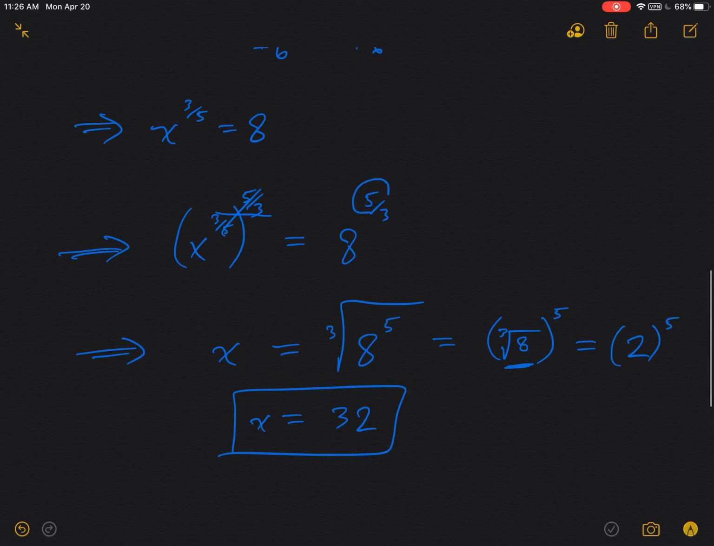Now in this example, we didn't raise anything to an even power, so I don't actually have to check this answer. When you don't use even powers on both sides of the equation, then this solution is guaranteed to work. The only ones that you really need to check are the ones where you raise both